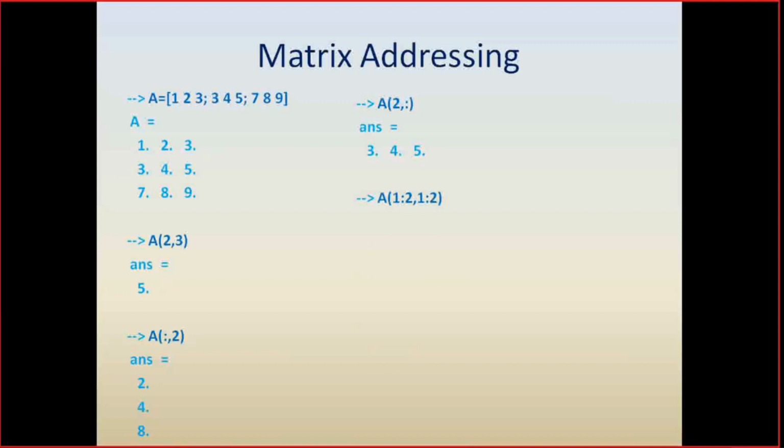Now I want to fetch the first four values 1, 2, 3 and 4 of the matrix A. So I am giving A(1:2,1:2), and I get the first 4 values of the matrix A: 1, 2, 3 and 4. ones(2,3) will give you a matrix of size 2 cross 3 such that all the values of the matrix are 1. Similarly, zeros(2,3) will fetch you a matrix of size 2 cross 3 where all the values are 0.